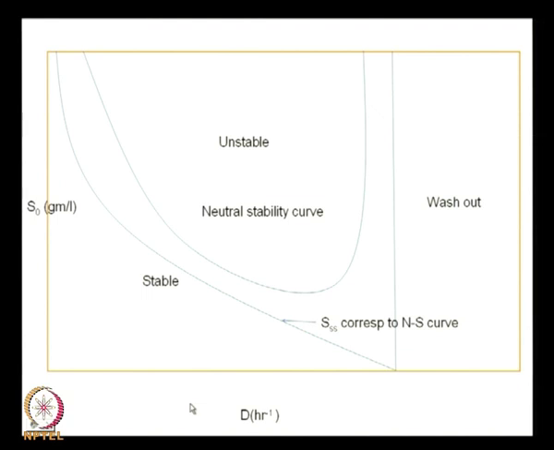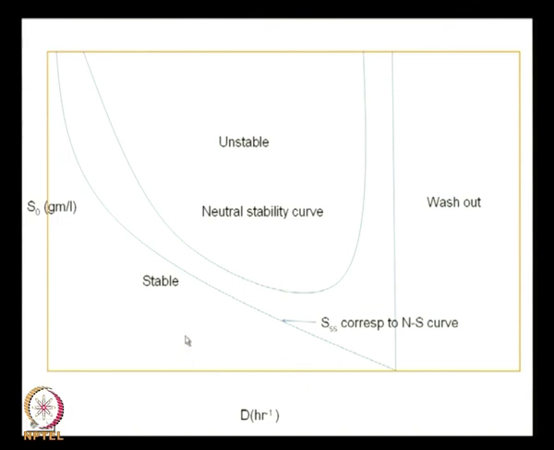So, what it tells me is what should be the size of the reactor, or size cum flow rate. So, residence time is the ratio of these two, and the other would be my initial substrate concentration. This is what it tells me, so that I can pick. So, if you look at the curve here, I can pick any point over here. For example, I pick a point over here, a point over here, so that the system is stable, and I know that for my S naught, for the system to be stable,